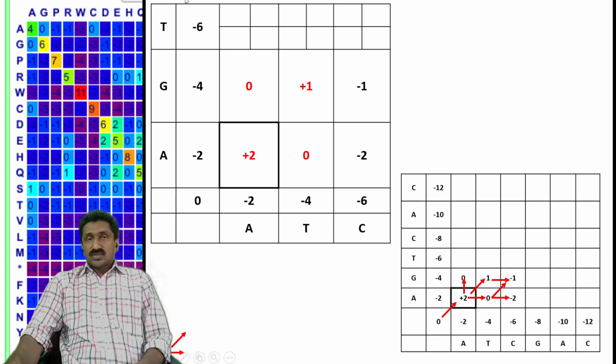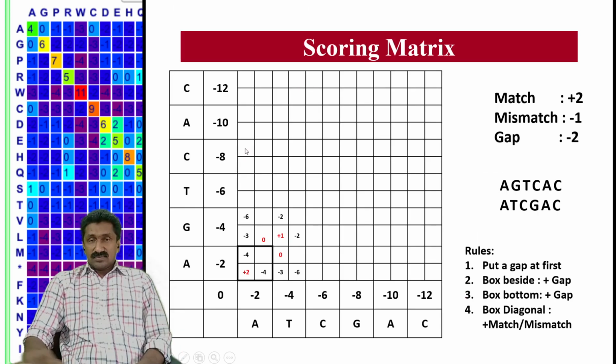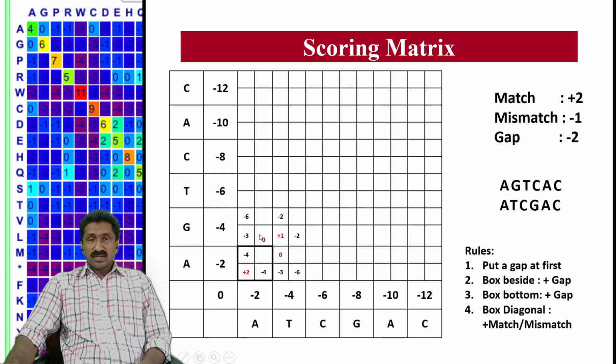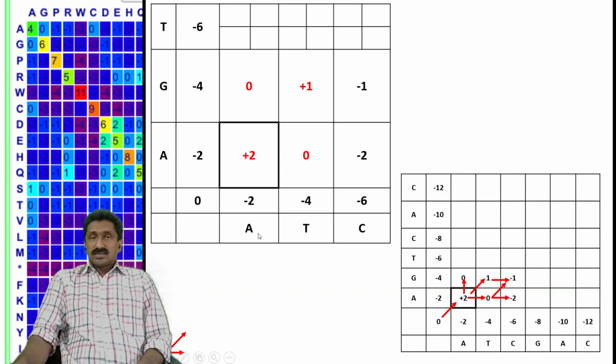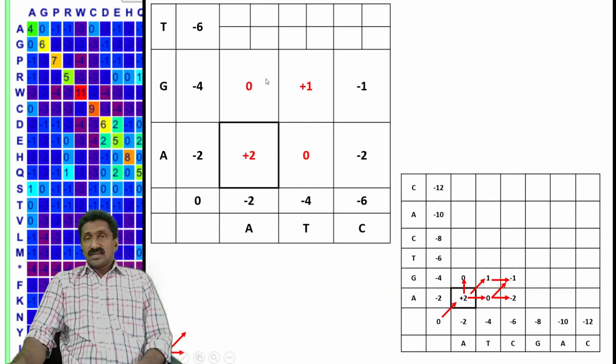So I just assumed that picture and one of the cells, the initial area. So 0, and as I mentioned, for example, the possible values are +2, and using this +2, this will be 0, this will be +1, and this will be 0. So the highest value of that cell will be assigned. And similarly, it will be calculated. You will go on calculating by moving diagonally, horizontally and vertically. So all the values will be calculated.